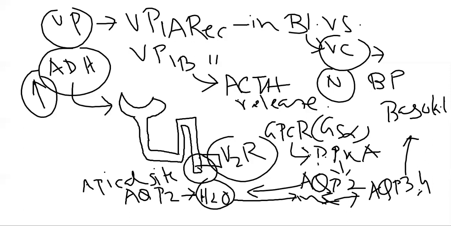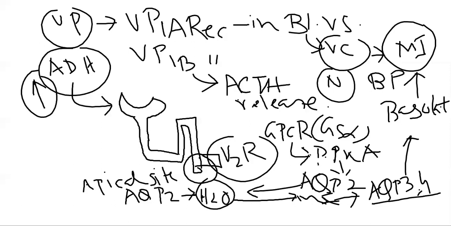So the collecting duct basolateral site helps to reabsorb the water from the tubular lumen into the medullary interstitium. By this way, our blood volume or the extracellular fluid volume will be normalized, as well as the osmolarity of the body fluid will also be regulated, and